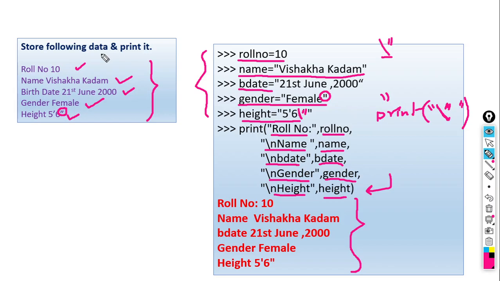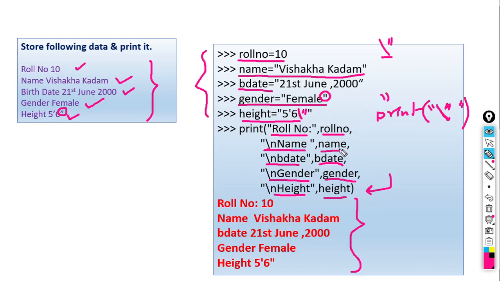With the help of this example we can store different types of data. We can access this data within the print statement, and by using the backslash n character we can print data on a new line. So this is the example to print roll number, name, birth date, gender and height. We will see practically how these examples work, how we can write the code, and how we can store assignment statements in front of the Python prompt.